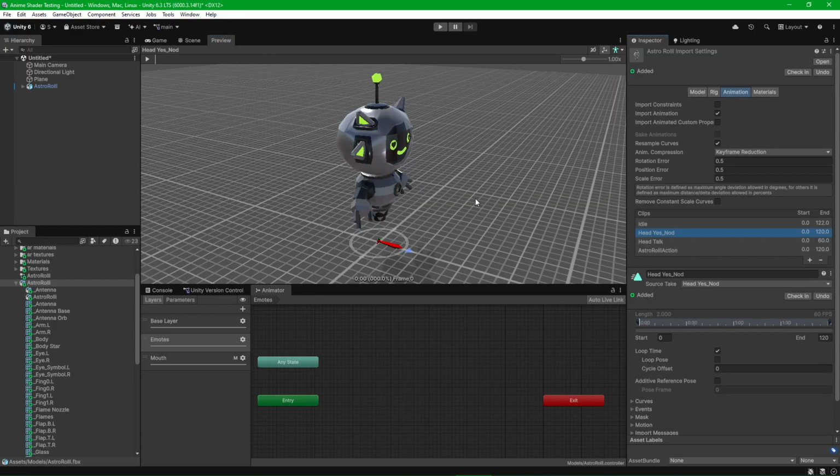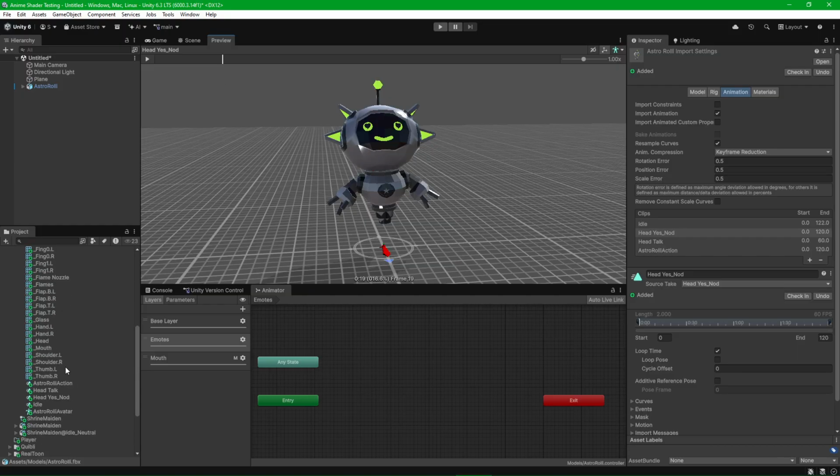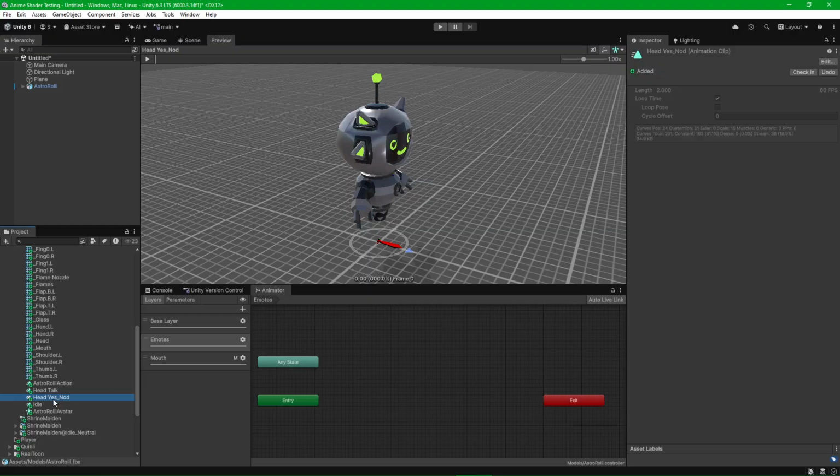Anyway, let's look. So this is a yes nod one, and all I've animated really is the head and the little antenna and the eye sort of pivot, that the eyes are parented to, but I don't know if that is even included. I think it just, the keys get written as the